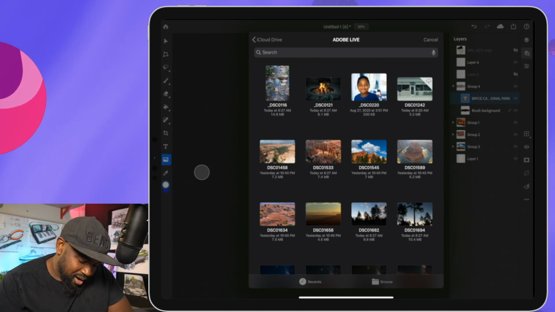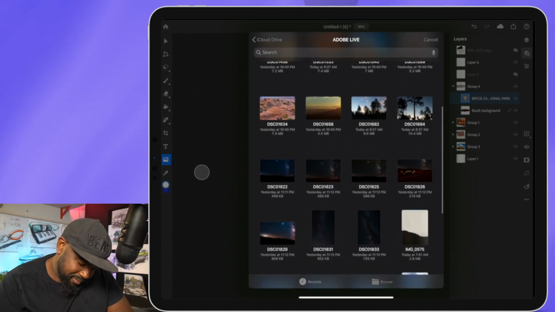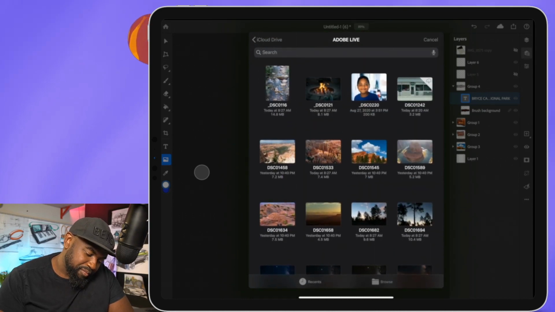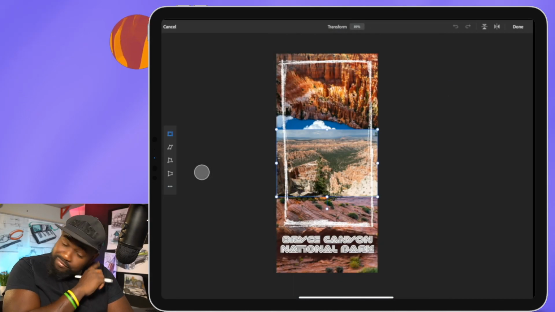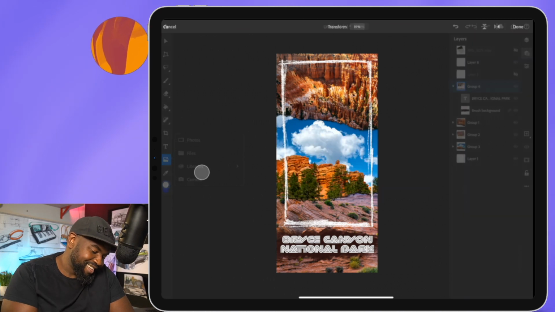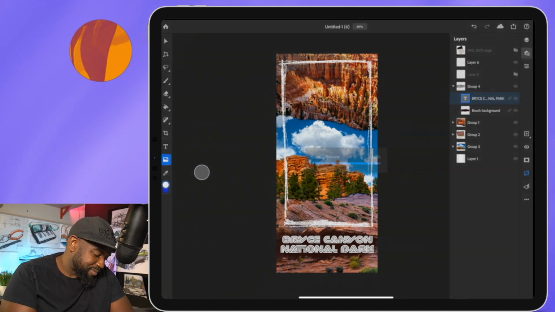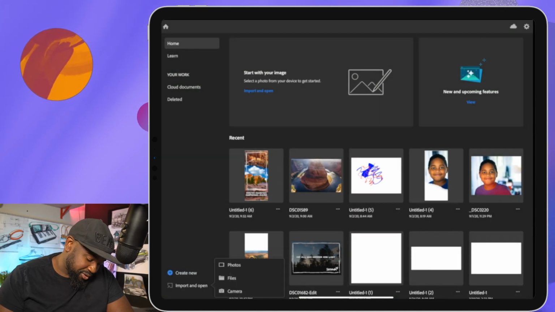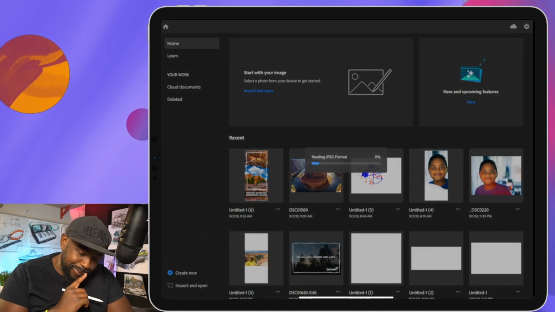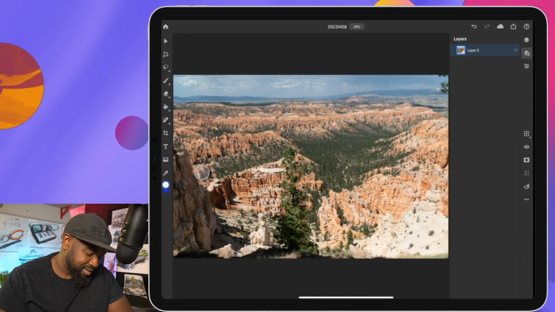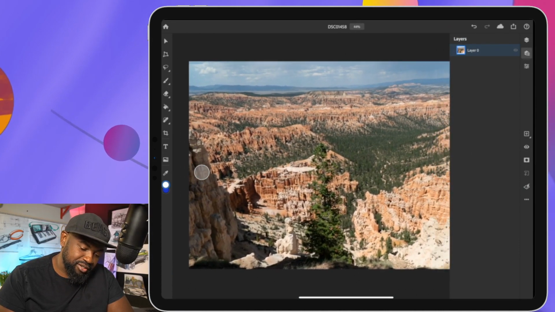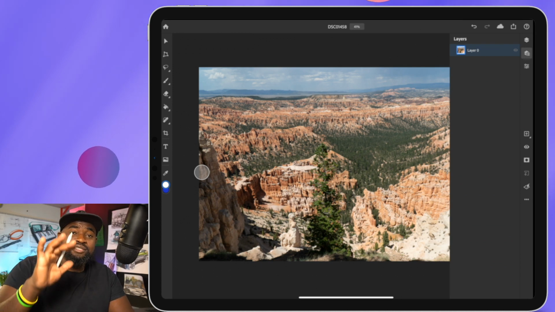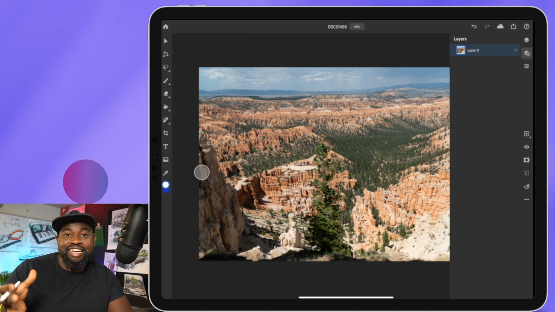All right. Let's pick this picture here. DSC 01458. Actually, I'm going to create a new document. My bad. So I'm going to go home, import and open from my files, DSC 01458. Say that 10 times fast. All right. So there it is. There's a couple things I'm going to want to change about this, but let's go ahead and get me into